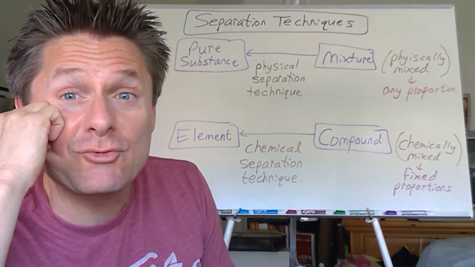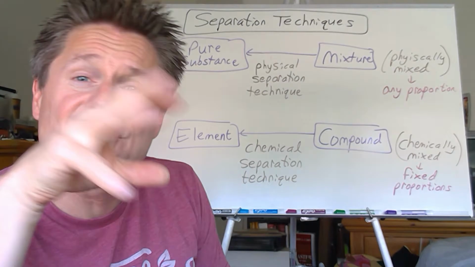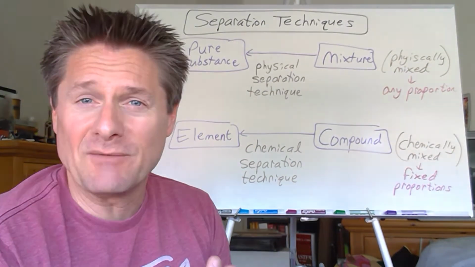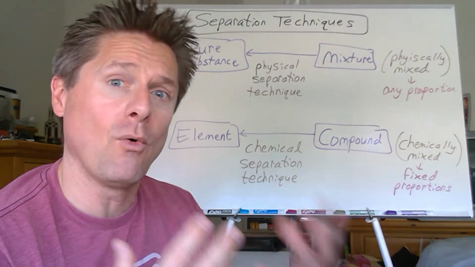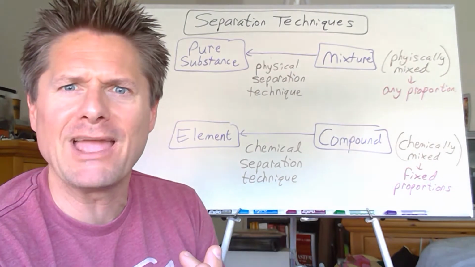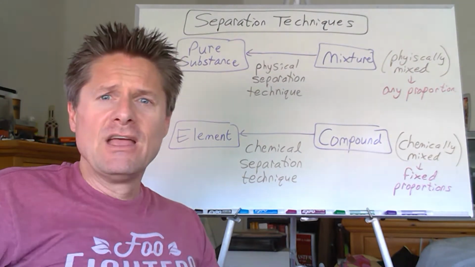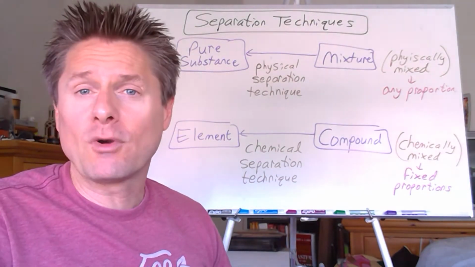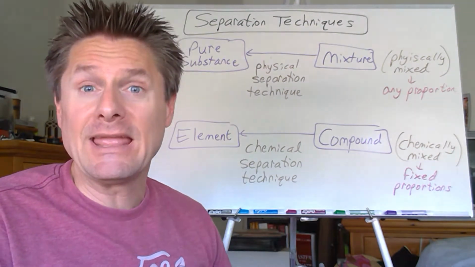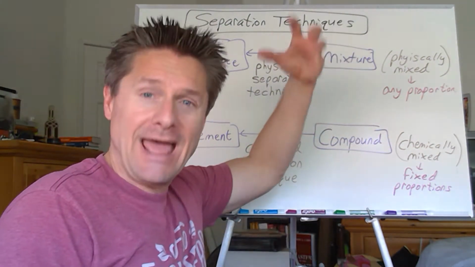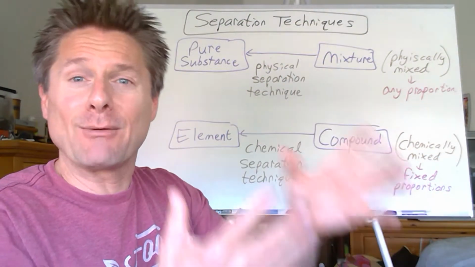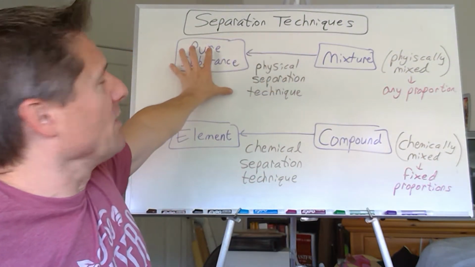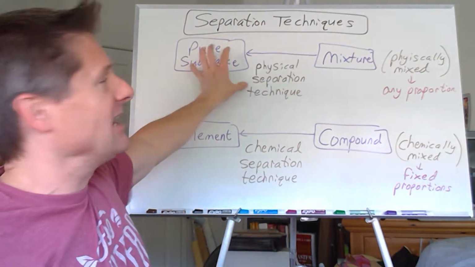It's expensive to extract it out of its ores. Because in nature, aluminum is not a noble metal. It reacts with oxygen. You get aluminum oxide, which is part of an ore. I think it's called bauxite, B-A-U-X-I-T-E. So if we want to purify aluminum, make aluminum cans, or utensils, forks or whatever, it takes a lot of money to take the ore, dig it out of the earth, extract it out, get the compound aluminum oxide, right? So we've got to separate this into its pure substances, extract everything out just to get the aluminum